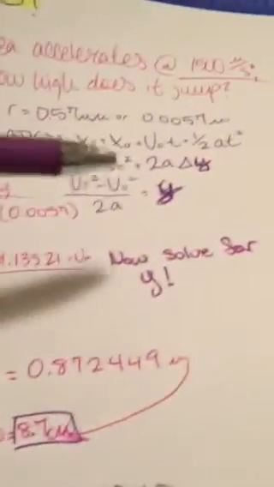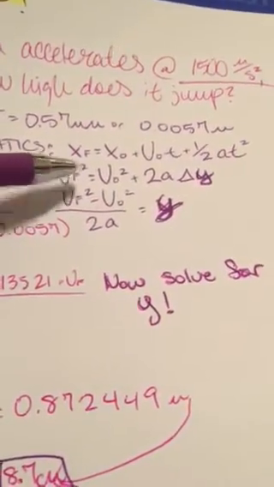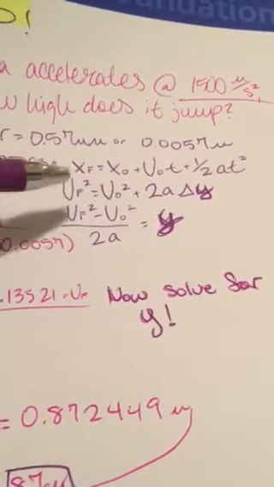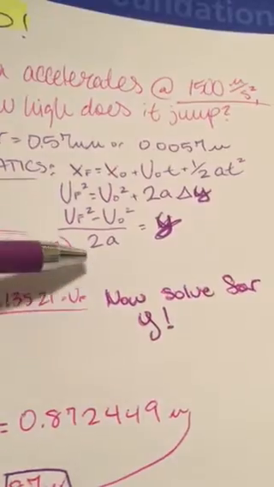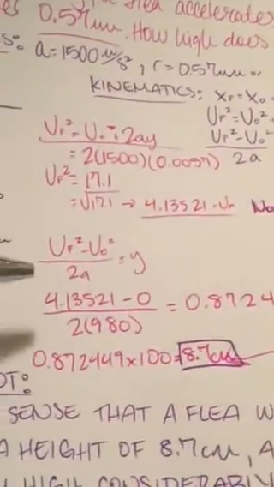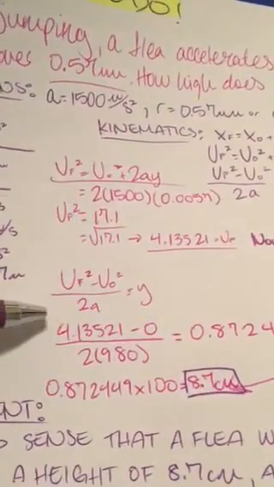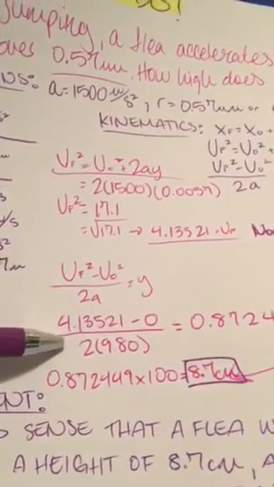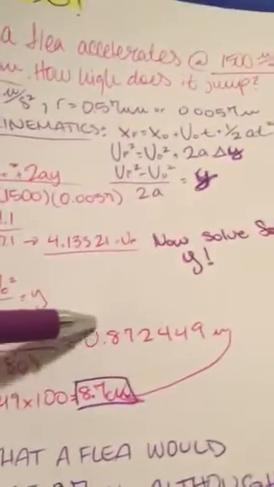Now let's solve for y now that we have final velocity. So we have this equation, which I just rearranged. This is solving for time, but I rearranged it to solve for y. So final velocity squared minus initial velocity squared, all over 2 times acceleration, equals y. Alright, now we plug in our final minus initial, which just equals 4.13521 meters per second, divided by 2 times g, which is 9.80, and that gives us